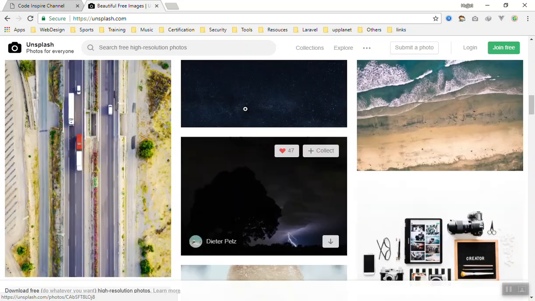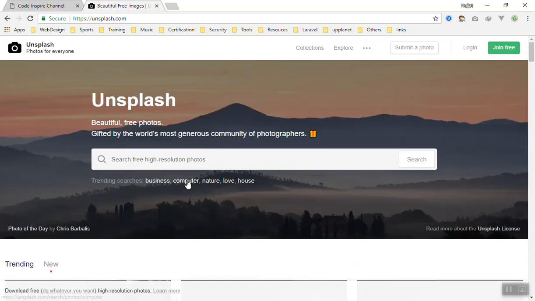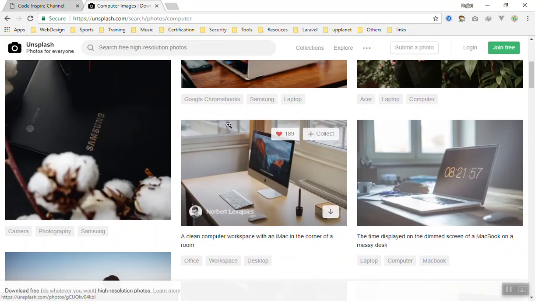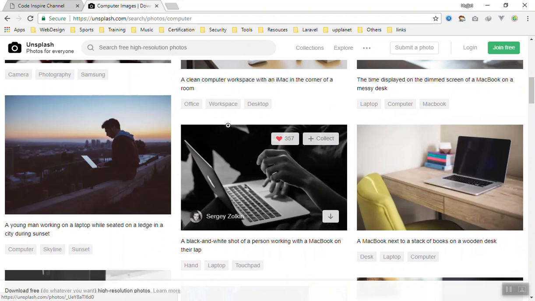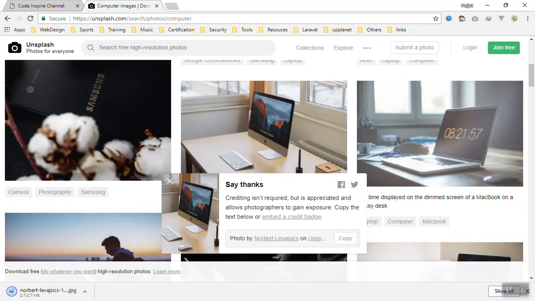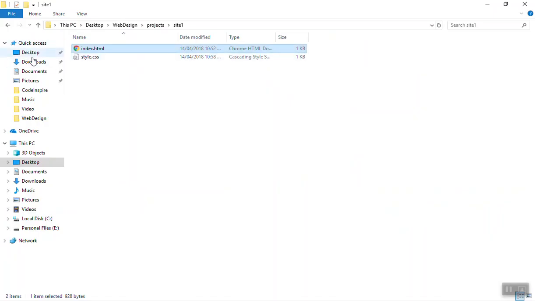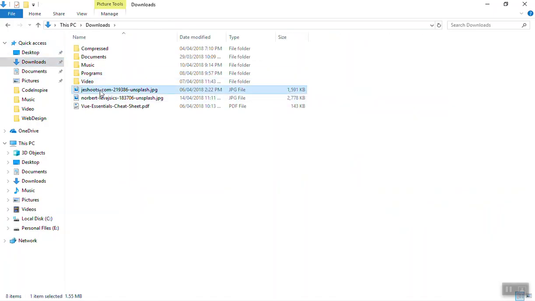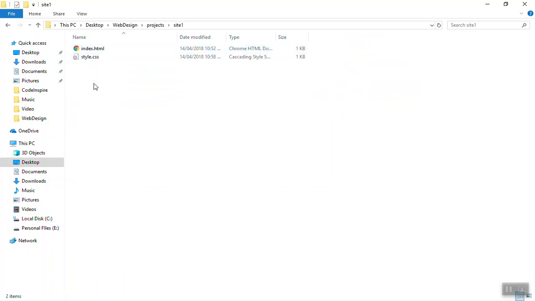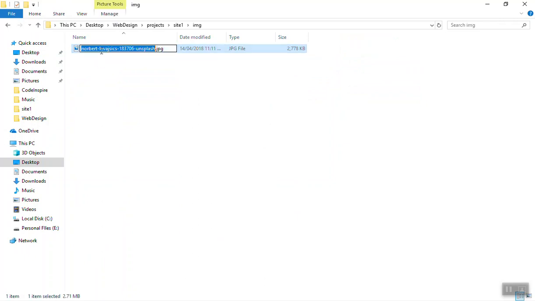You can scroll down, but if you come up here you can just go to the computer category and we will take one of these images from here. So let's select this one, come here and download it. So it got downloaded. Now going to the download folder, here is the image we have downloaded just now. I'll copy it and paste it in our web design projects. Inside this one I will select an img folder and put it here,